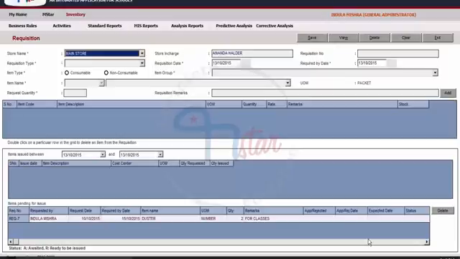Items once removed, or requisitions once removed, cannot be retrieved, and a requisition which has already been approved cannot be deleted or updated. So repeat these steps to add or